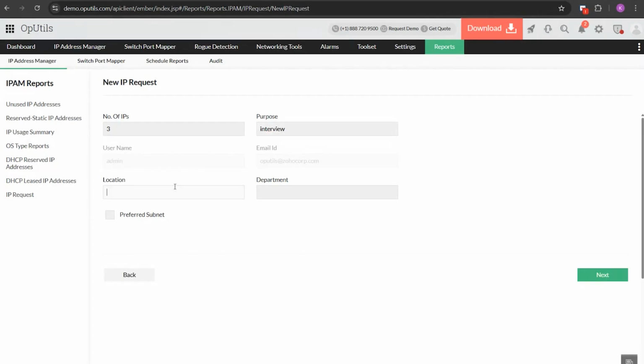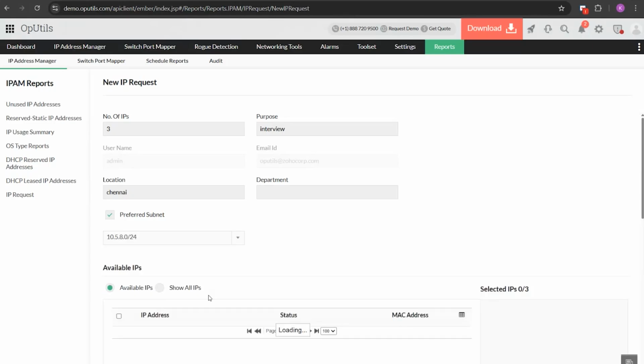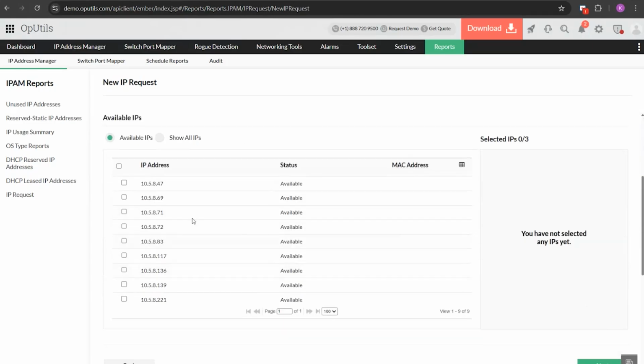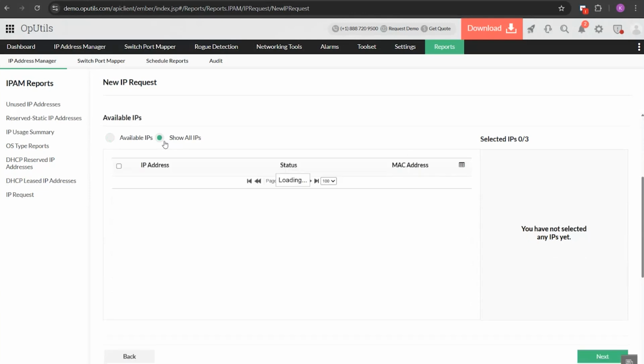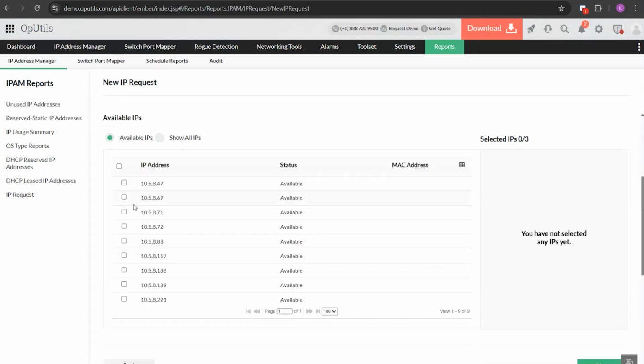And give the location. And we have to choose the preferred subnets. Now, from the subnets that we have, let's choose a particular subnet, and you'll be able to see all the available IPs, or you can also see all the IPs. We'll choose available IPs. Let's choose 3 IPs